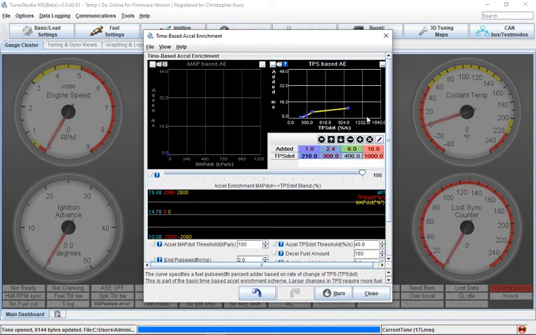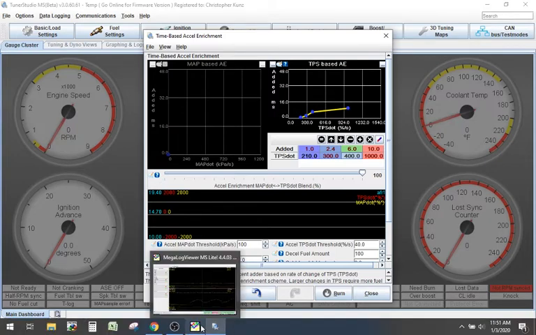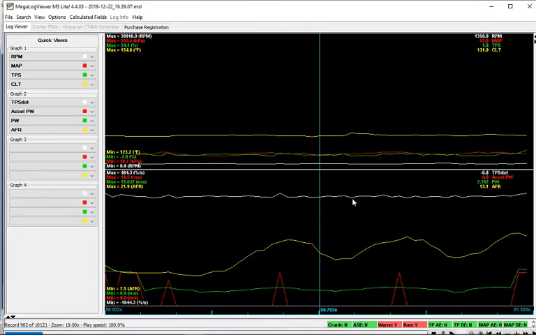So here's the setup of what I would be looking for. It's got a mild curve to it, but nothing too crazy. That way, as you're pegging it at low RPM, it's going to dump in the fuel that's needed and hopefully not kill it. We can raise that threshold. That would be the first steps of settings of what I'm looking for here. Next step, though, is going to be looking at